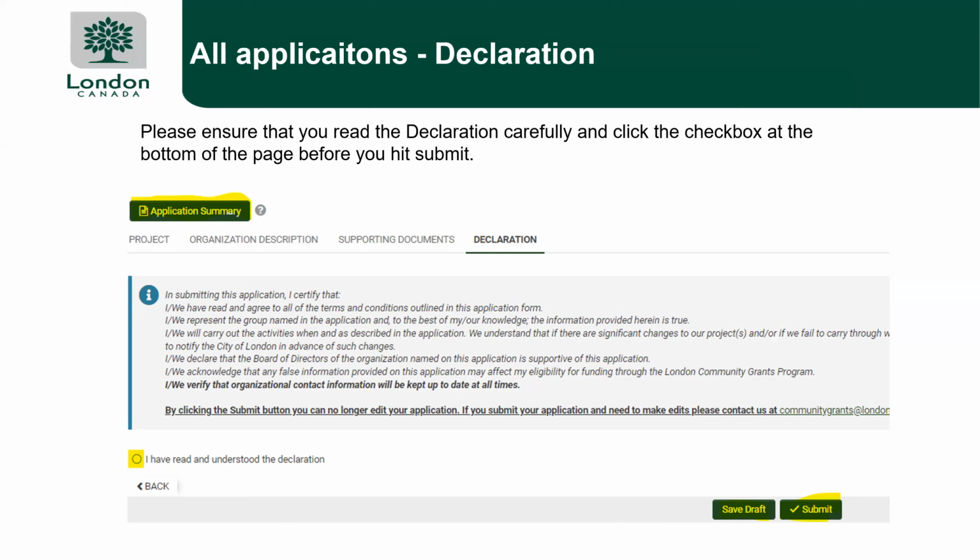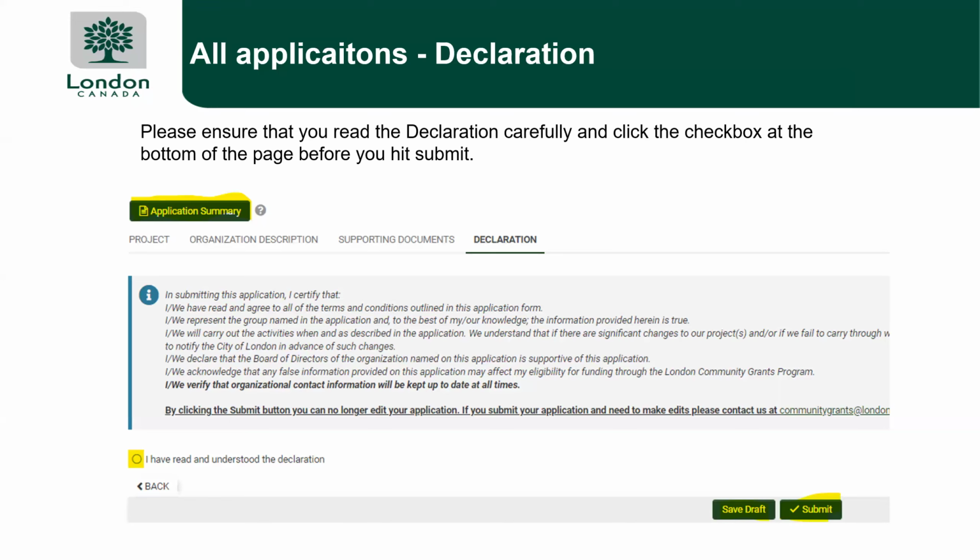And you can click that button and then click submit. And if everything is good, it will say that your application has been successfully submitted. Again, at any time, you can click that application summary and create a PDF of the application for yourself.